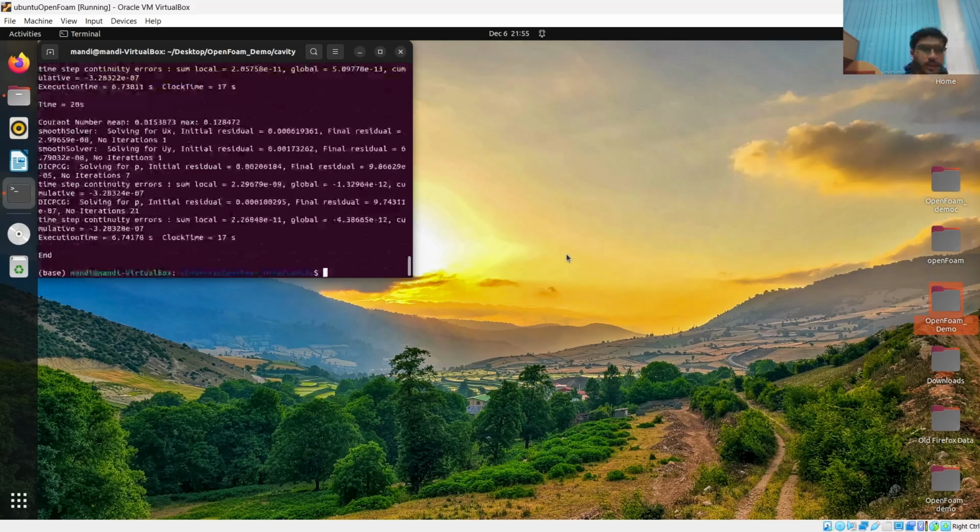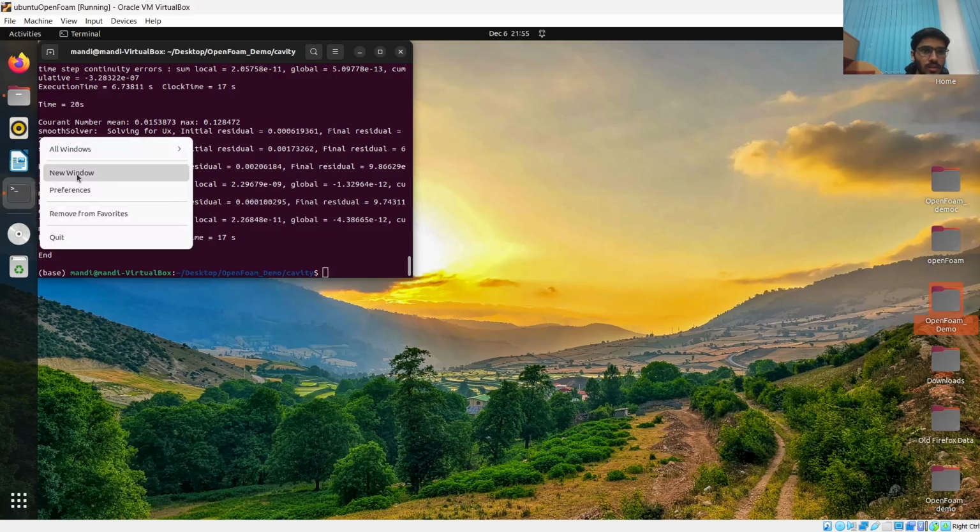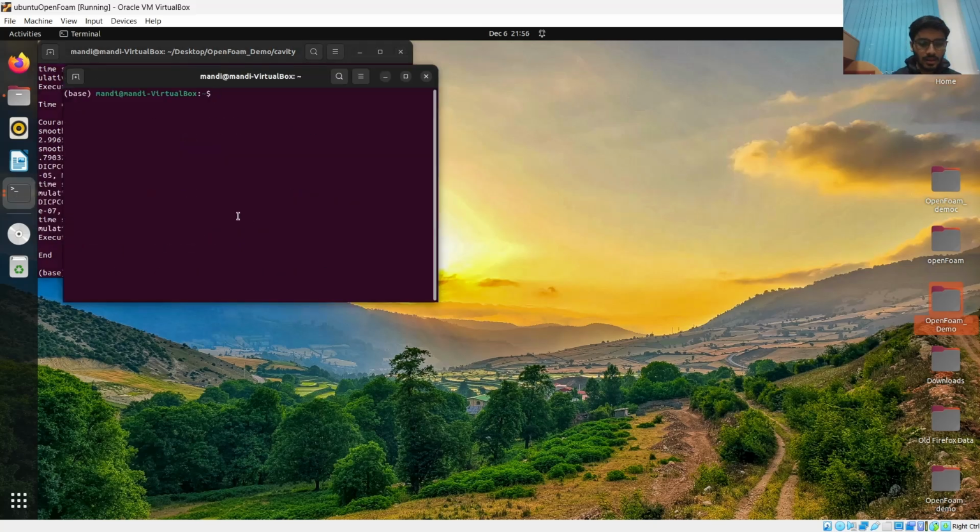So my simulation is running now. My simulation has ended. So I'm going to open a terminal, new terminal. In the new terminal, I'm going to open the folder: cd desktop and then cd